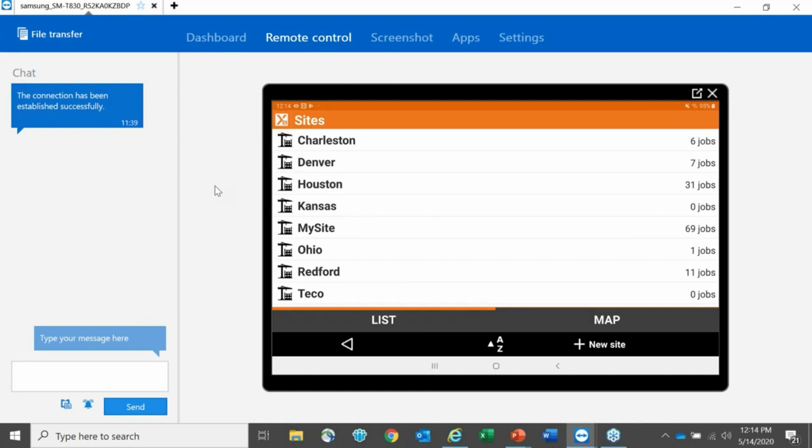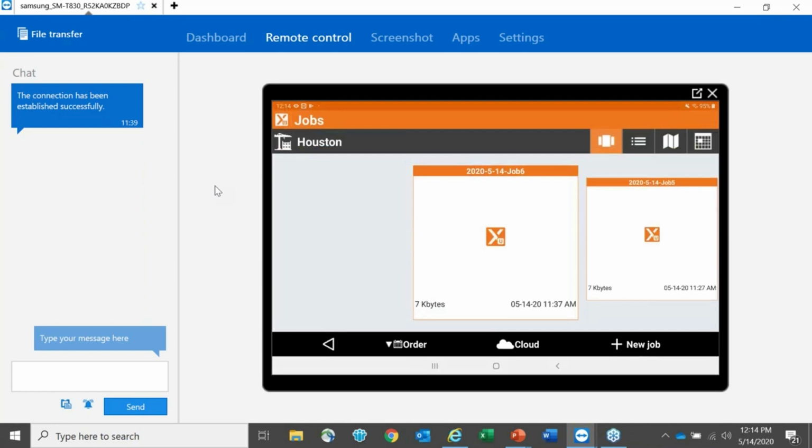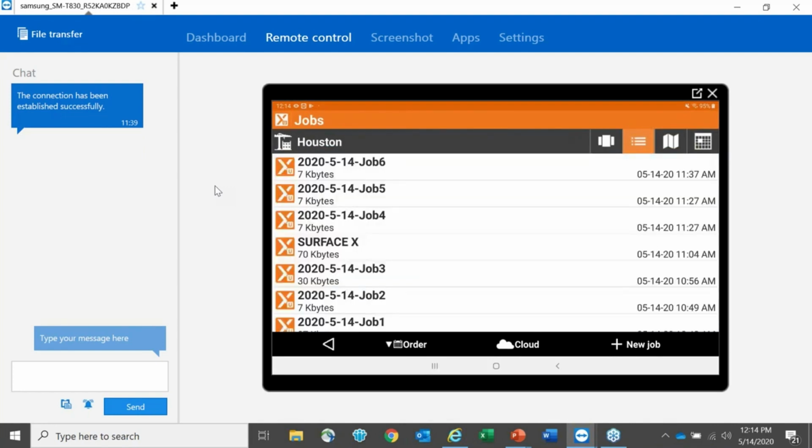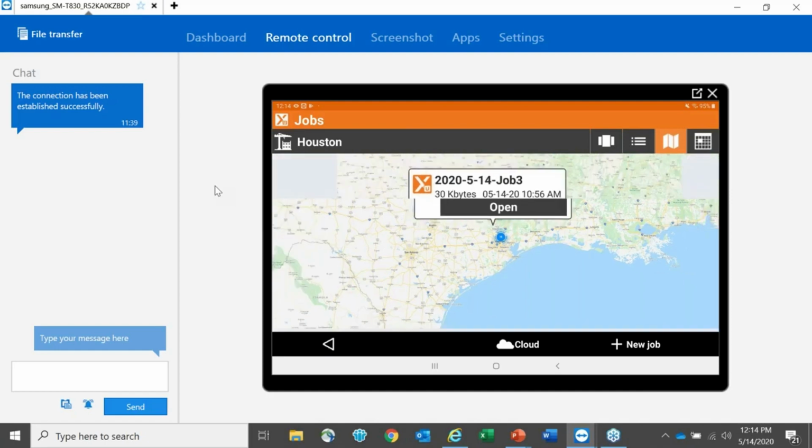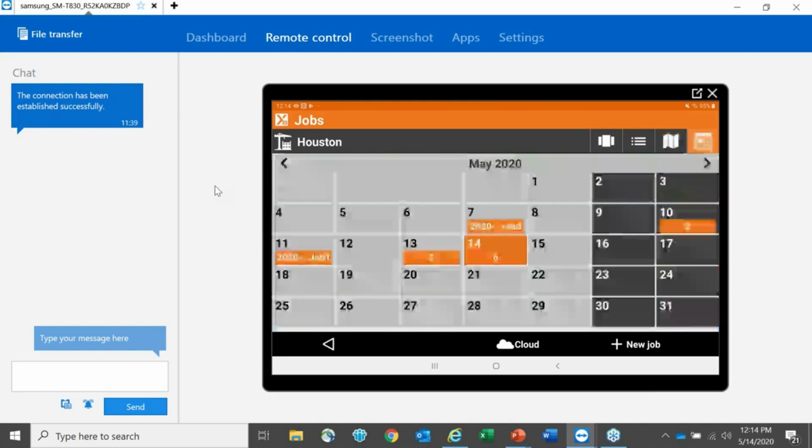You can see it. So that's the list mode there. So this is the gallery. This is the list view. Or you can go into the calendar, the map view, and you can see where it's located on the map. Also, we have a calendar view, so if you know what date it was created, then you can actually find